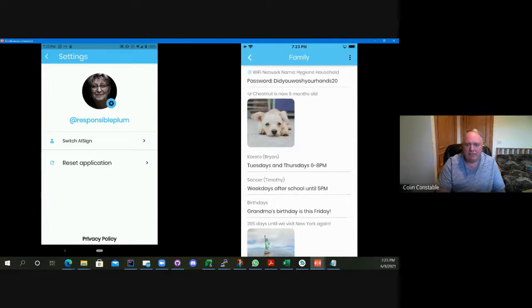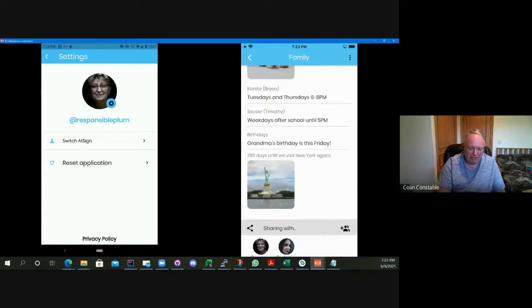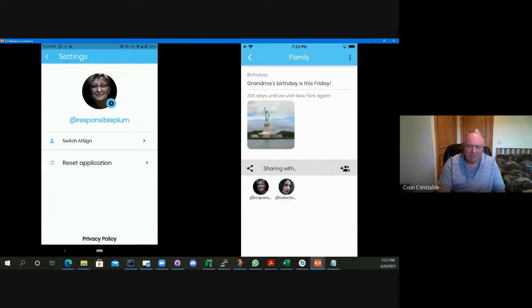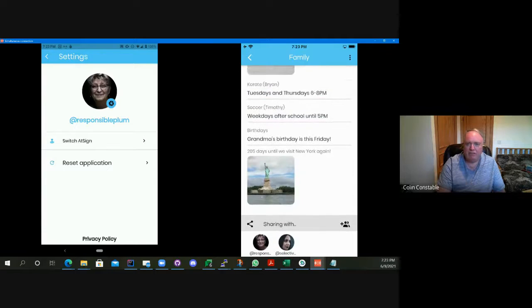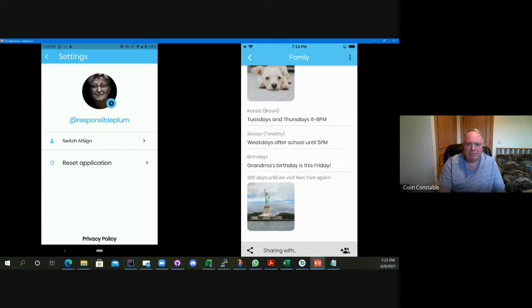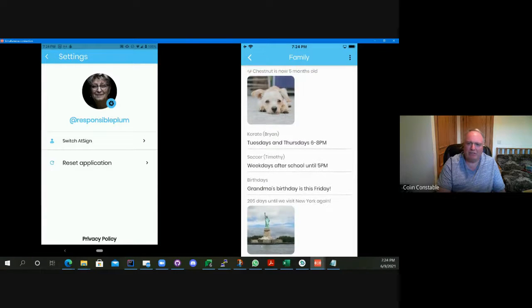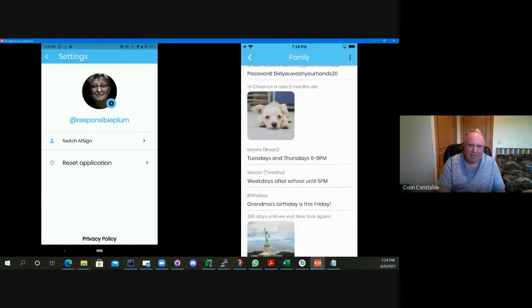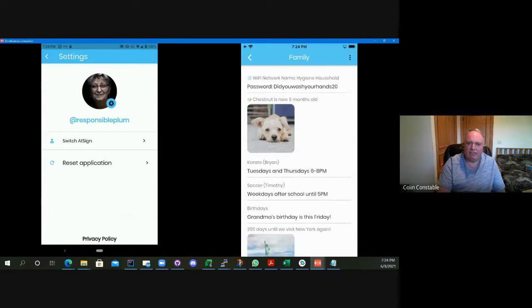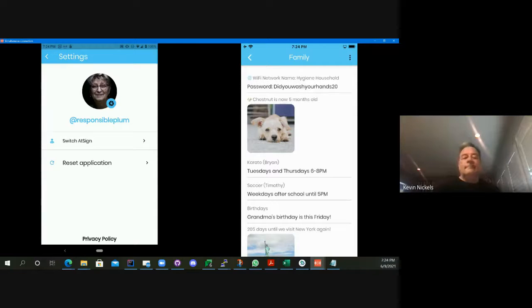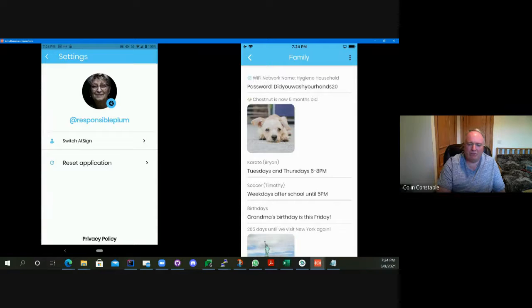So this is the data that she's sharing with people in her family. And down the bottom is Responsible Plum and Selected Kingfisher, her mum and her sister. And there's not just contact details in there, but a whole bunch of other things, birthdays, what have you. And also things that you should never share on the internet, like your Wi-Fi password. Wouldn't it be nice if you could change your Wi-Fi password and everyone in the family got to know your Wi-Fi password? That would be pretty neat. And of course, with the Buzz app, you can do that.